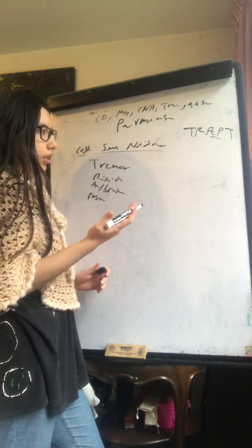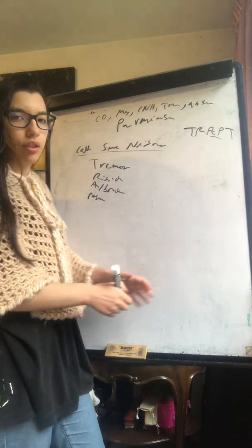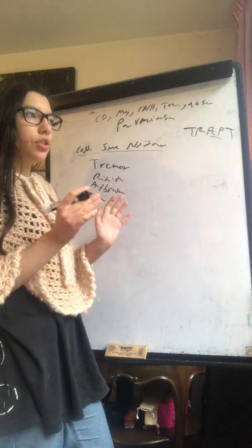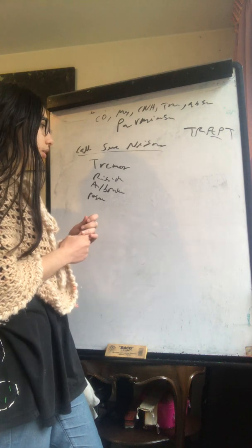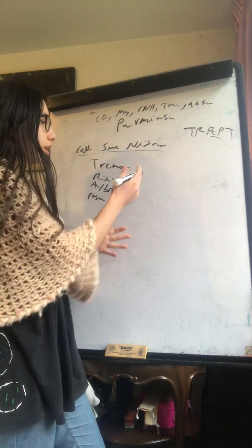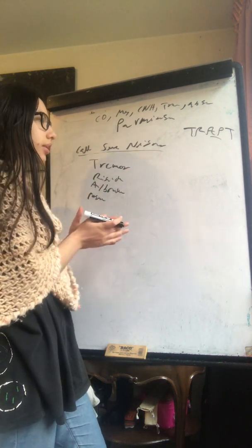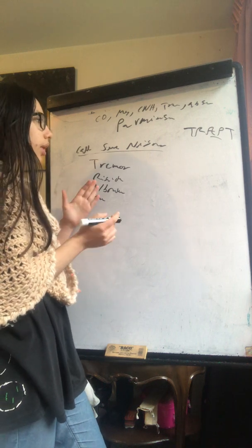This is when the patient goes from a seated position and then stands up. The patient will have this postural hypotension. And the T is just in order to have the TRAP mnemonic, so it could be T or anything else